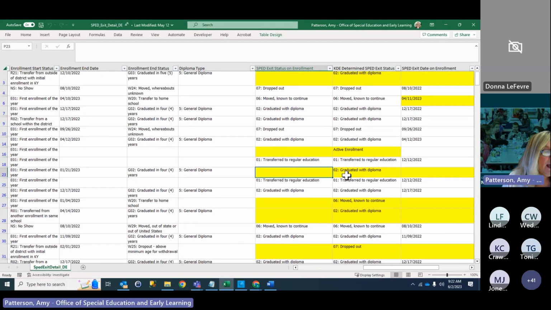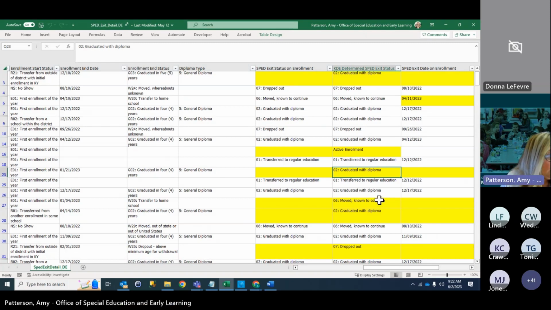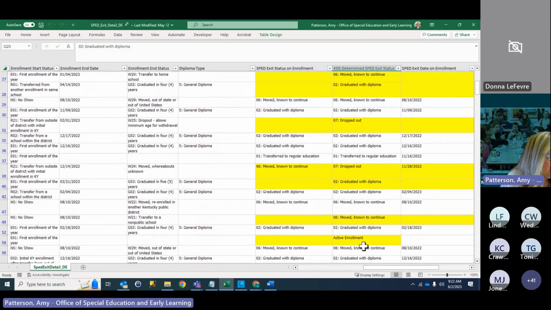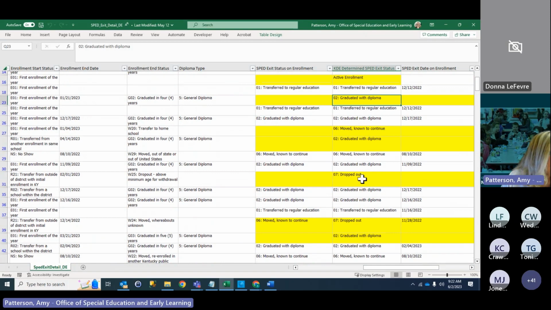Because we see a lot of that, or vice versa. Maybe this was an alternate diploma, but somebody put in graduated with diploma. That needs to be changed to alternate diploma. Some other things we've seen, something I see a lot of, and I don't see it here necessarily,